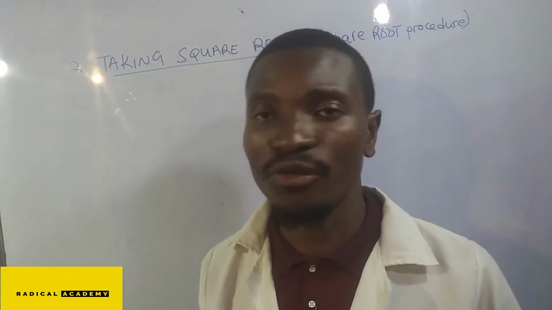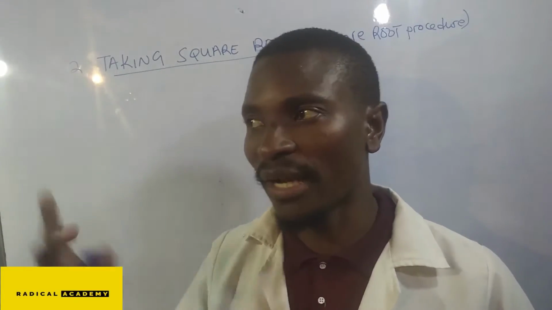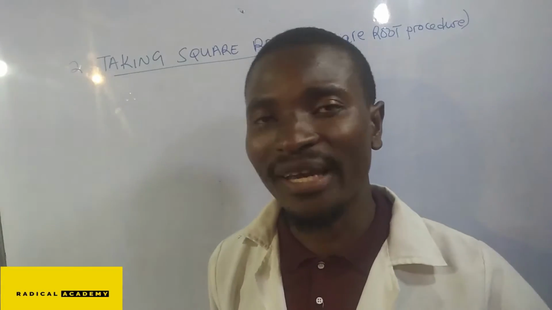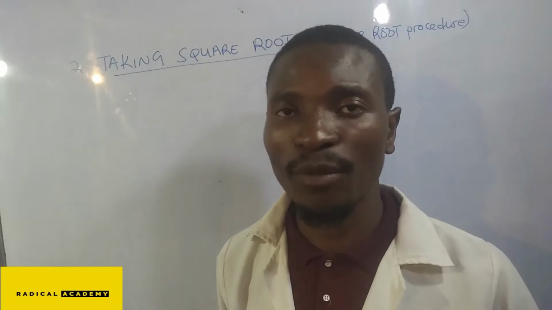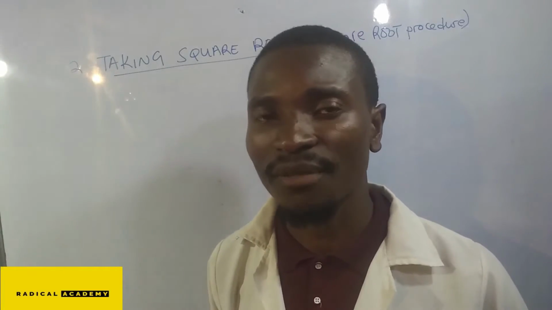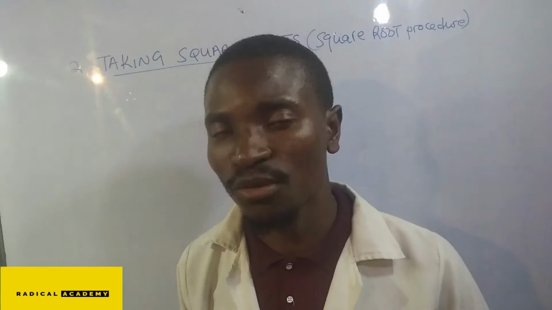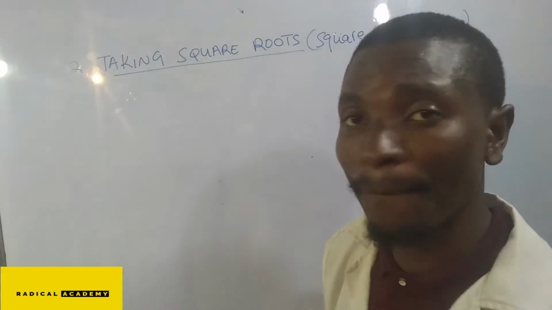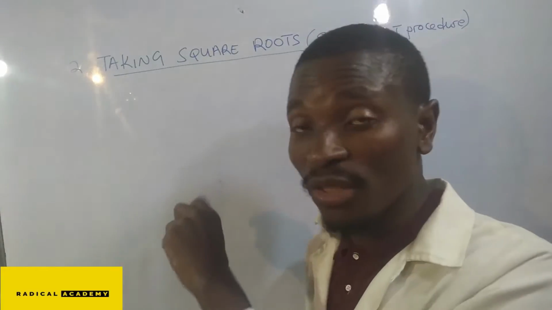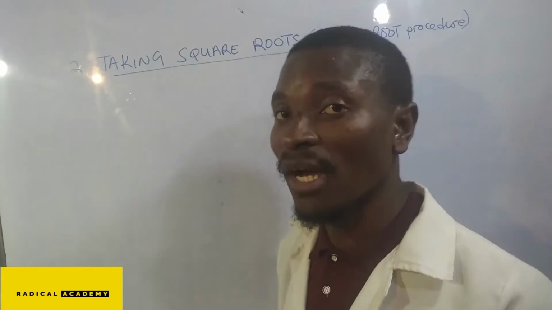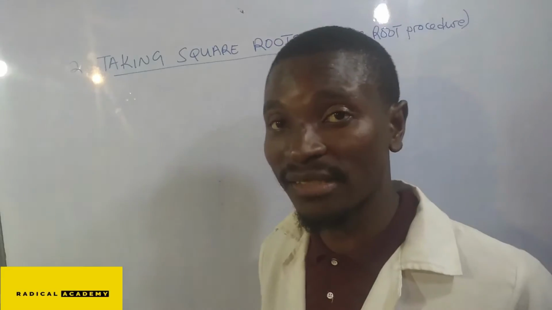That means we've got the quadratic equation, and we can apply the square roots to both sides of the equation to remove the squares, and then we can solve for the values of x. Without much further ado, before we dive into the actual method, which is taking the square roots of a quadratic equation,